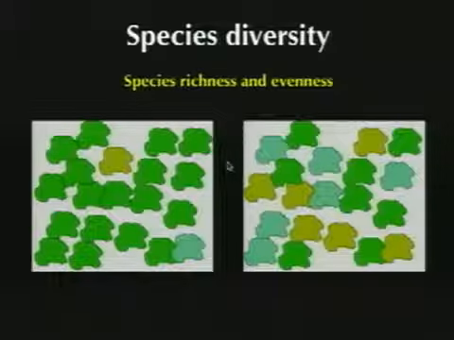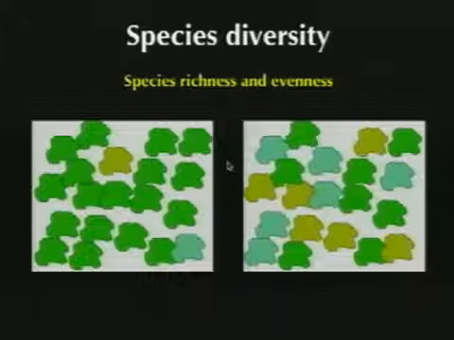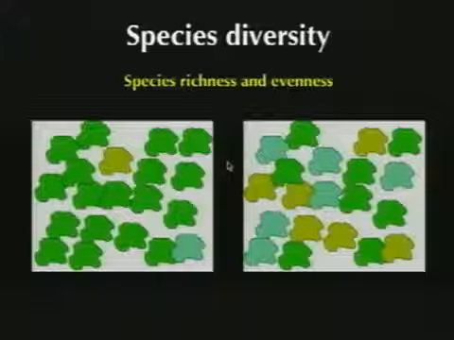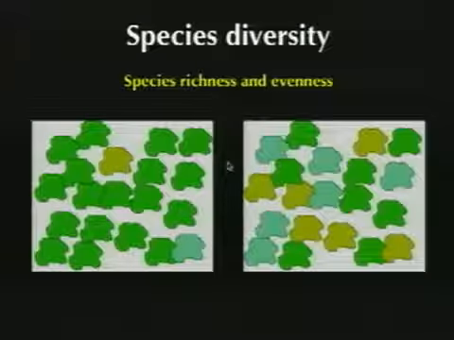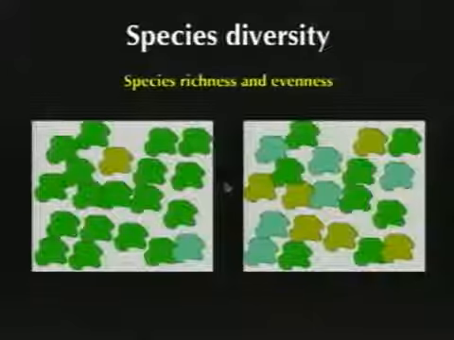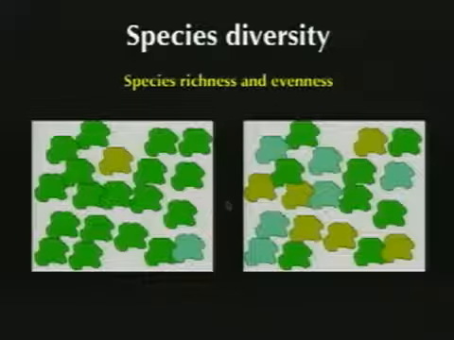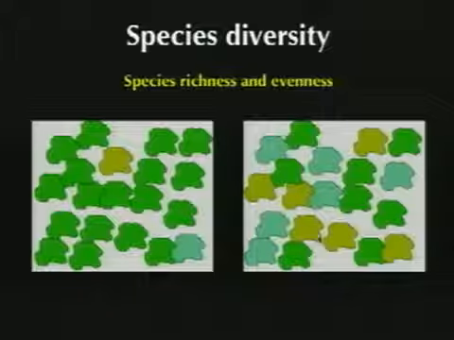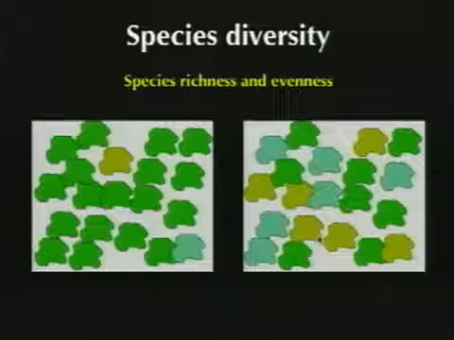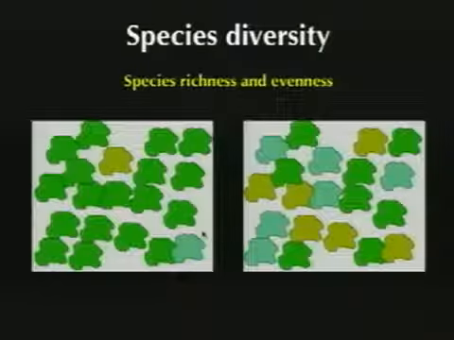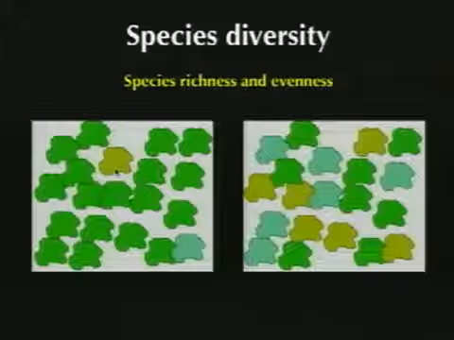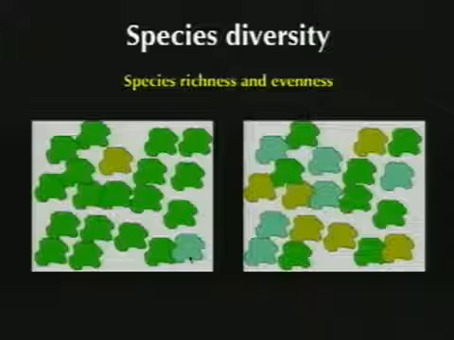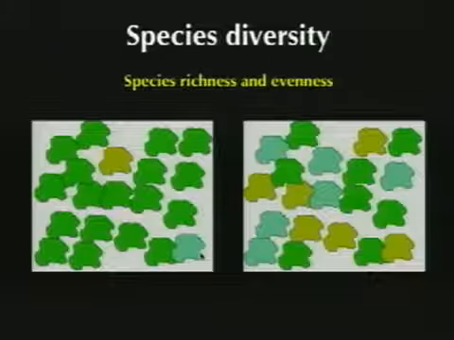Those shapes with their colors represent individual organisms. They're all the same shape. The different colors represent different species. Which of these systems is more diverse? Yeah, this one seems more diverse, right? Which one has more species? They have the same number of species. They have 3. They have the pretty green one, they have the brownish mustardy one, and they have this pale greenish one. They're different colors on my computer than they are on your screen.